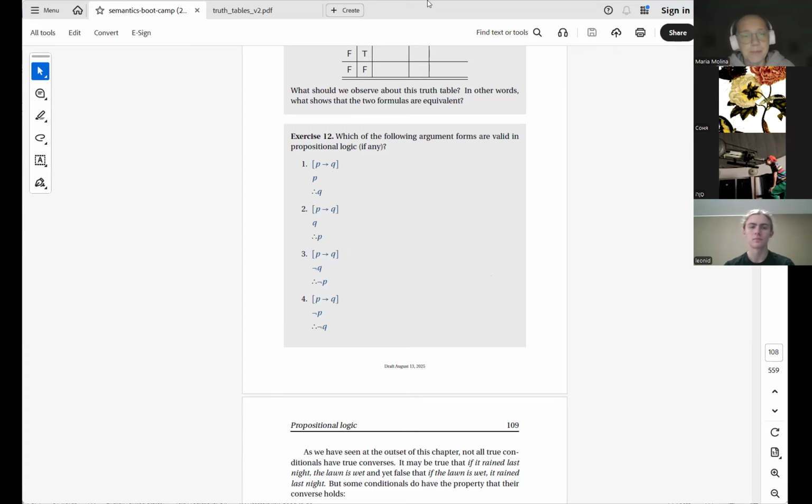Here's winner. So, if the formula is P implies Q, P to Q, then Q is true. P to Q is false. P to Q is true. P to Q is false. P to Q is true. P to Q is false. P to Q is true. P to Q is false. P to Q is true. P to Q is false. P to Q is true. P to Q is false. P to Q is true. P to Q is false. P to Q is true. P to Q is false. P to Q is true. P to Q is false. P to Q is true. P to Q is false. P to Q is true. P to Q is false. P to Q is true. P to Q is false. P to Q is true. P to Q is false. P to Q is true. P to Q is false. P to Q is true. P to Q is false. P to Q is true. P to Q is false. P to Q is true. P to Q is false. P to Q is true. P to Q is false. P to Q is